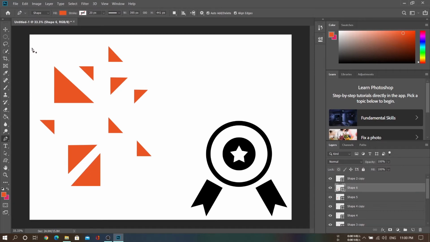So this is the pattern that we are going to use in the certificate. I know this is not looking nice now. We are going to change the color of each triangle to make it look good.